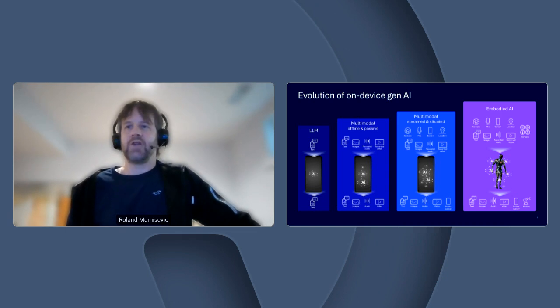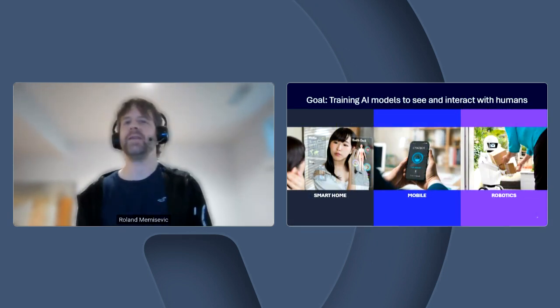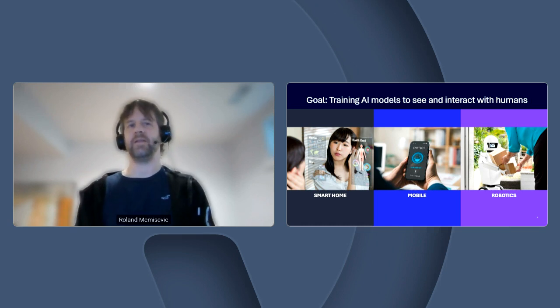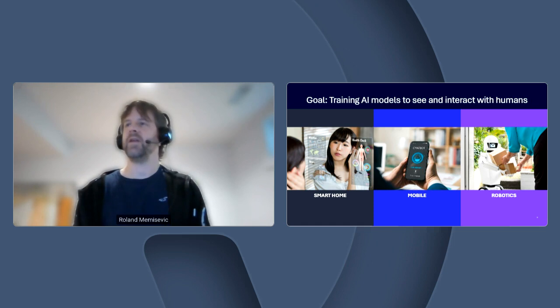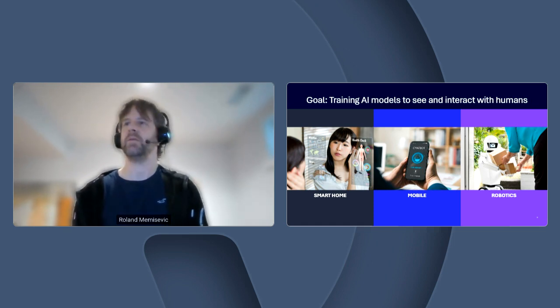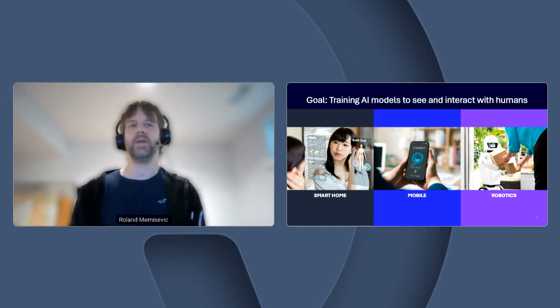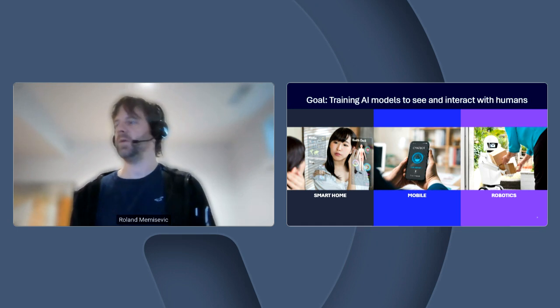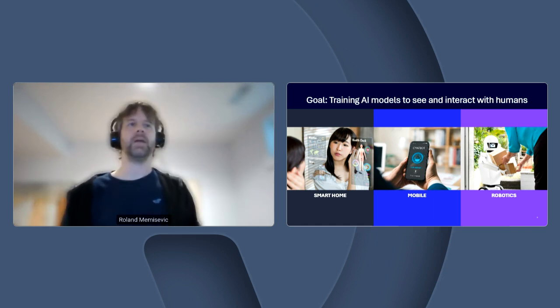So in a nutshell, what this light blue box in the middle represents is use cases like these. So imagine smart home, smart mirrors that can see that you're there, and then they can behave accordingly, knowing that you're looking at them right now, and provide value that way. Similarly for phones, and then a little bit into the future, maybe robots will be getting much better thanks to having some situated sensing capabilities that these models are currently lacking.